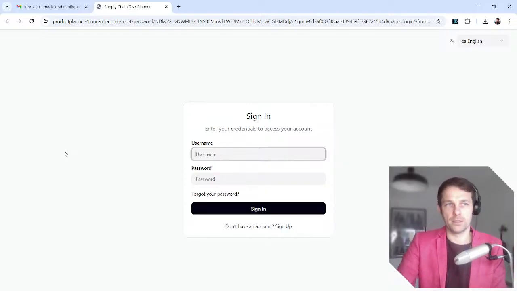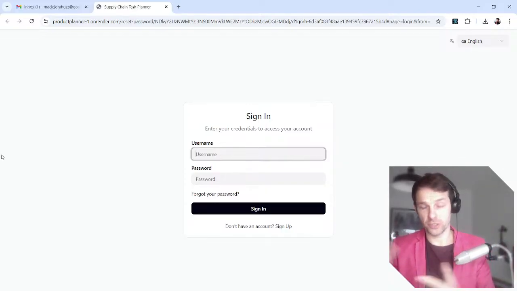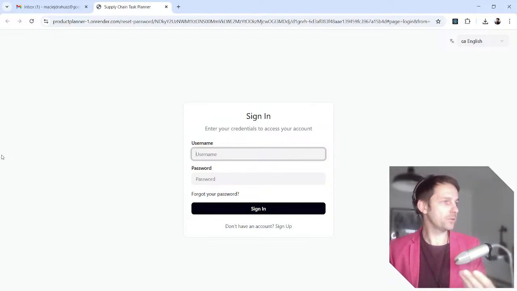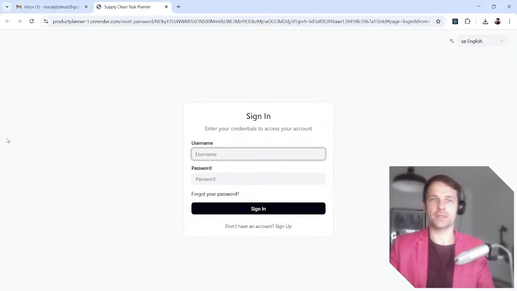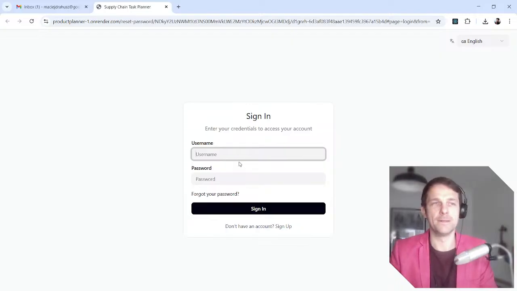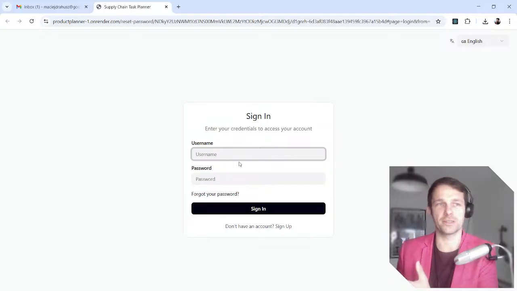When people tell you that AI will replace software or engineers, they just don't know how the technology works, because you have to store the information somewhere. You have to log in. For example, here you have to have some credentials. This is something that you won't give to AI, because otherwise it will just mess it up. AI has really bad memory, and this is where applications are good.